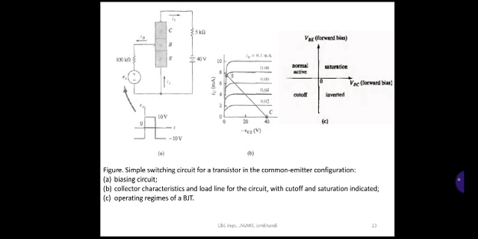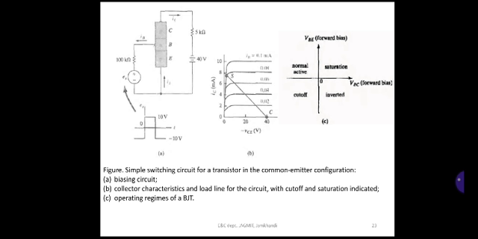In this figure, the collector current IC is controlled by the base current IB. The collector current is the output current and the base current is the input current. The collector current IC is controlled by the base current IB for most of the family of characteristic curves. Here the figure shows the load line, which specifies the locus of the allowable Q points, that is IC and VCE, for the circuit.